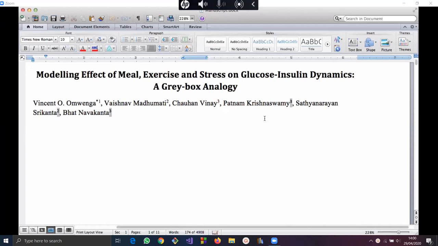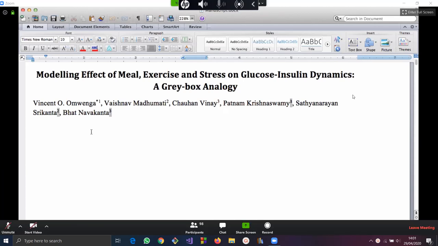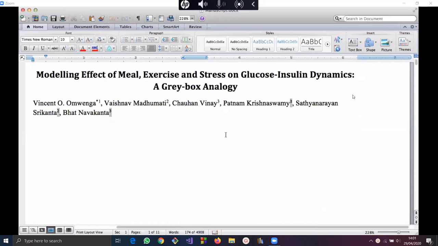He has been practicing medicine since 1956, so he's a forest of information. Professor Srikanta is a known expert in endocrinology, and Professor Pantanavakanta is a known telecommunication expert. So this is the team we were working with to come up with this,